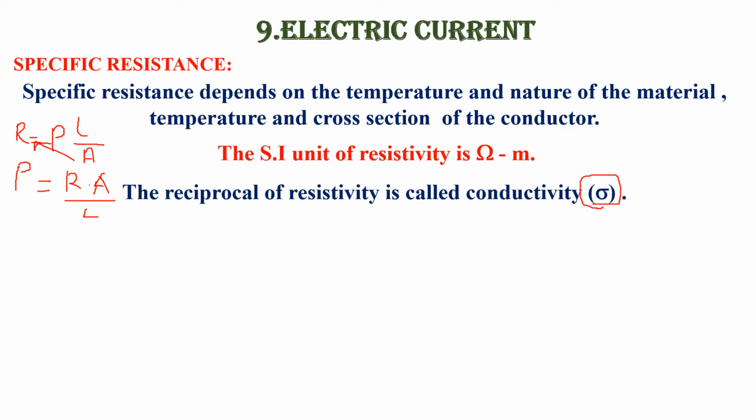So, area. What is area? Length plus length, L into B. Area is L into B. So, L into B means M into M. So, R into M into M